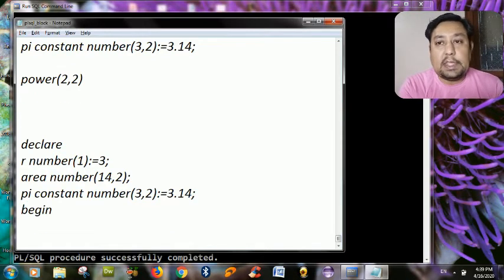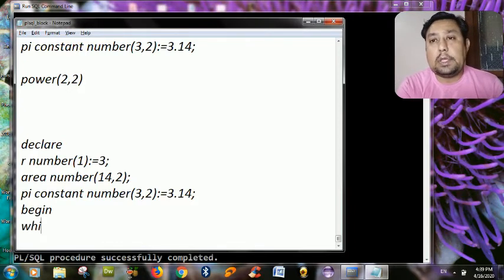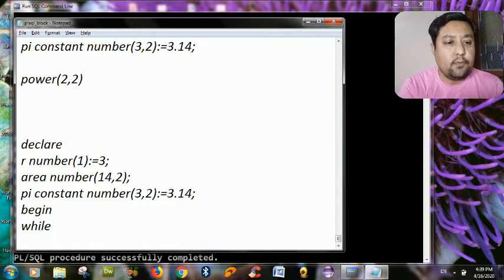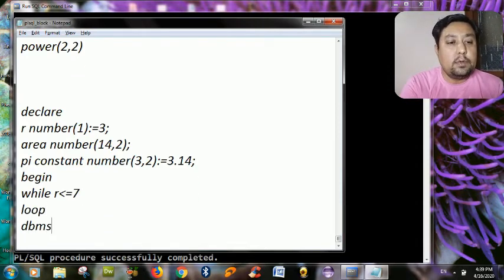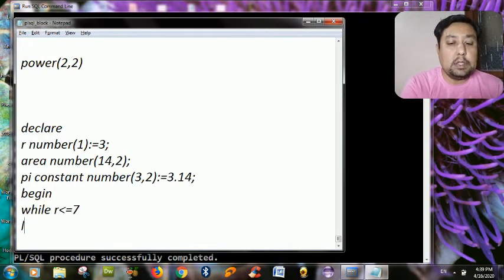We go to the begin section. Now let's check out the loop, the while loop. While radius is less than or equals to 7, loop, dbms underscore output underscore